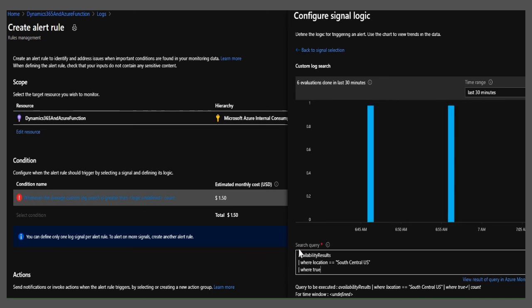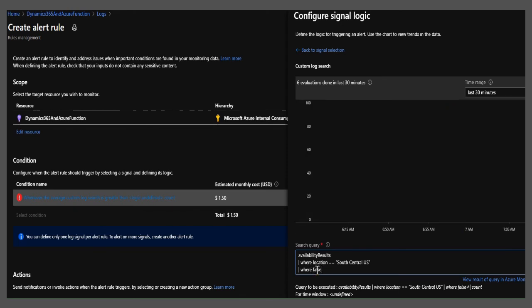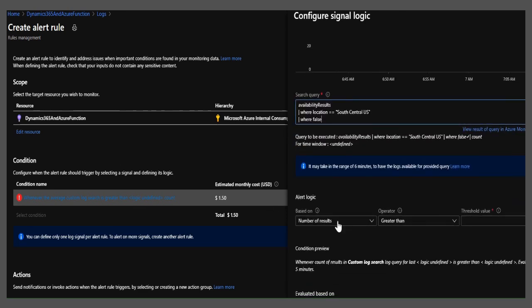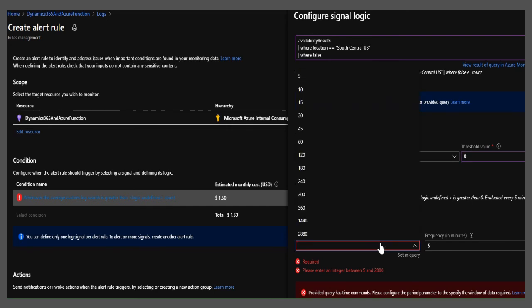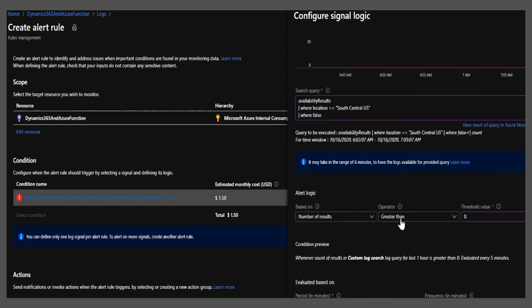You'll get into the search query piece here, which is the condition. In the query, you could create your own query, or use the one that's from there. In this case, I'm showing availability results where my location is the South Central Data Center. All mine are 100%, but you could say where false or where true, kind of shorthand for success or not. If you did where false, you could set up how many number of results. Maybe if there's any more than 0, this is a very important data center to me, and I want to evaluate over the last hour,